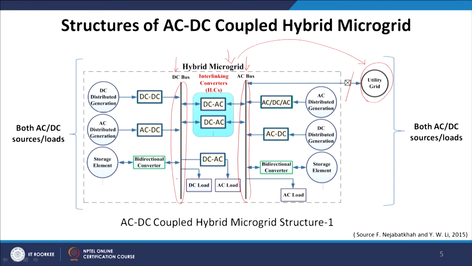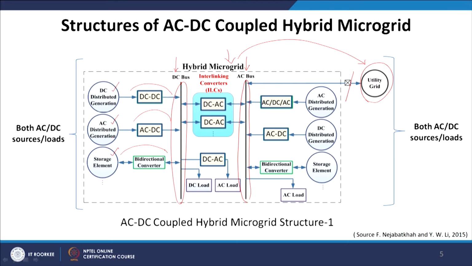Now, in case of a DC bus, we have all different types of sources, that is DC distributed generation, AC distributed generation, and storage elements. And because it is DC in nature, the DC distributed generators can directly be connected to the DC bus through DC-DC conversion. AC distributed generation can be connected to my DC bus through AC-DC conversion, and whereas the storage element can